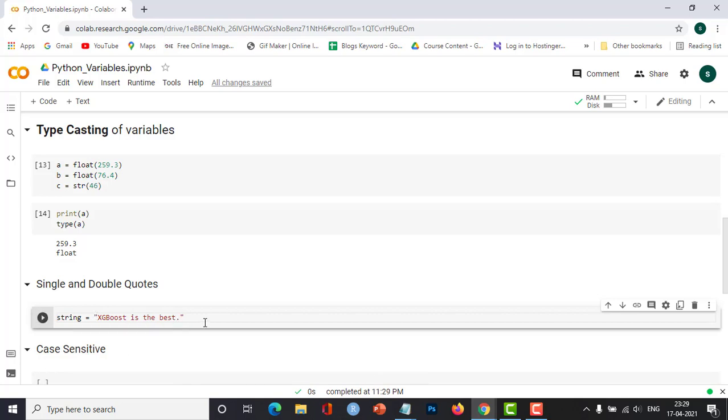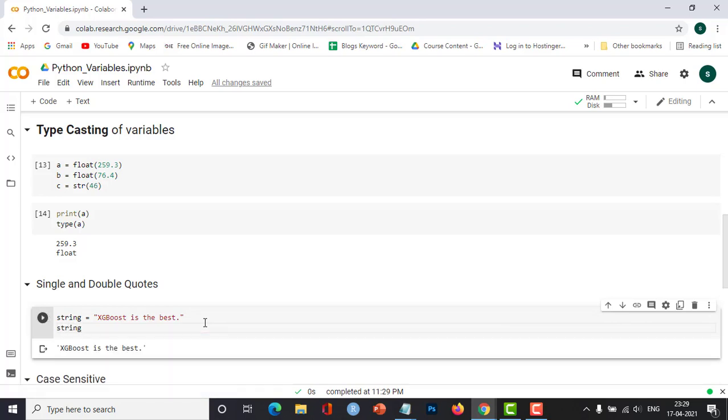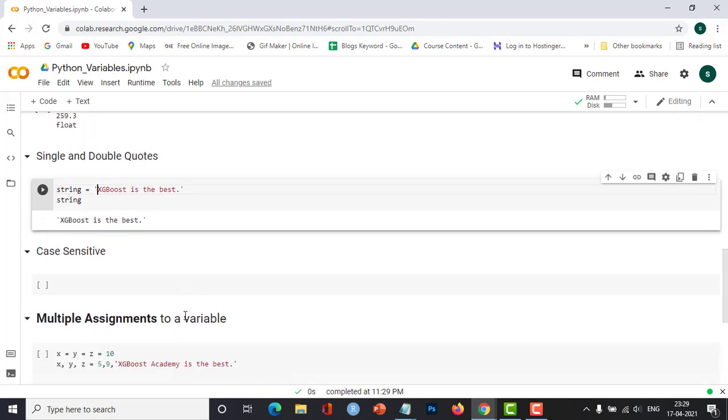I have given it in double quotes, so it is giving me the output as whatever string I have given. And now what if I give it in single quotes? We'll have no issue with that. Either you can use single or double quotes, both. So this is how Python variables work.